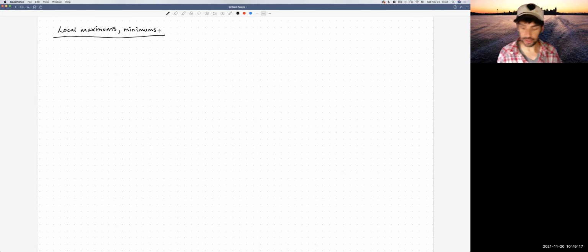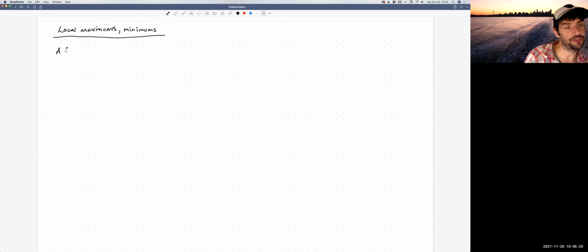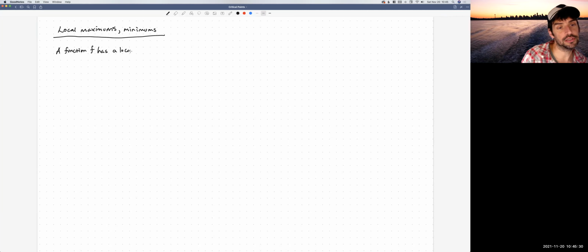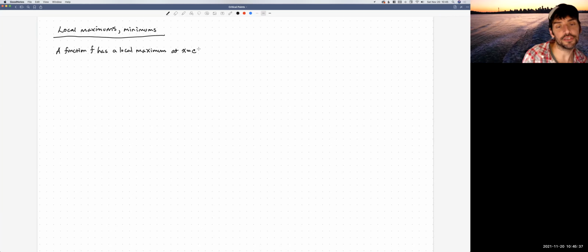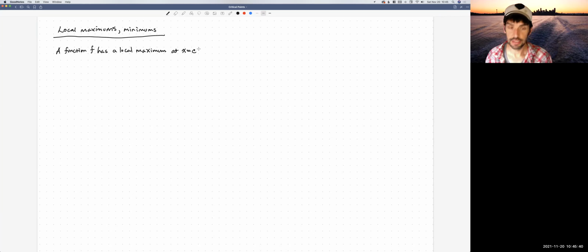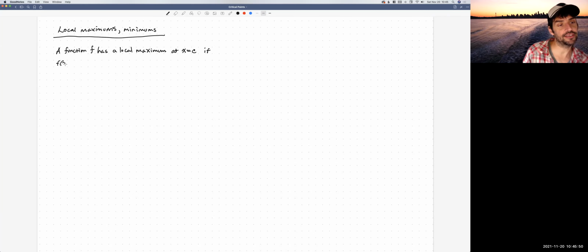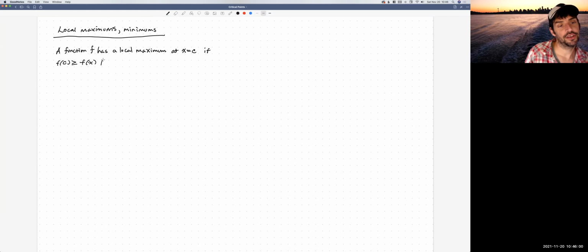Our definition is going to be, we'll say a function f has a local maximum at x equals c, some value, if, so I'm going to say it this way, there are different ways to state this, if f of c is greater than or equal to f of x for all x near